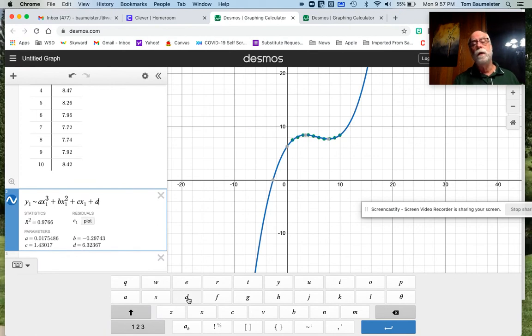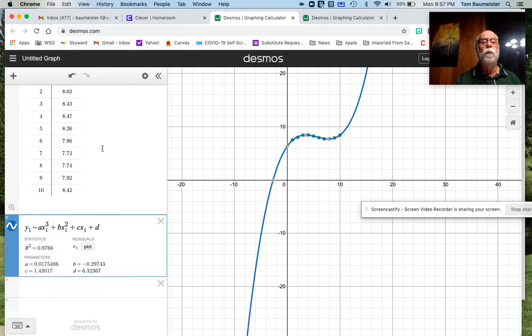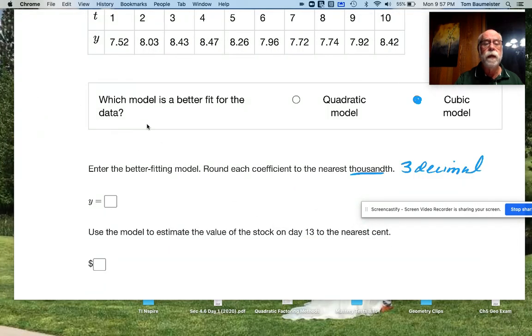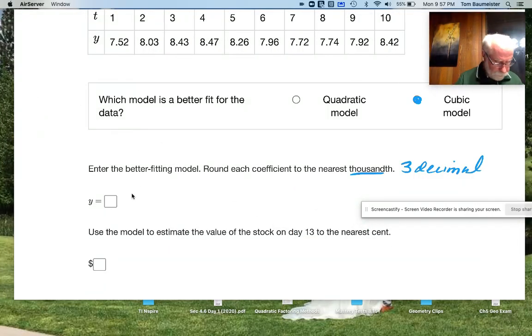So if you notice there, it looks pretty nice. And remember, the R squared has to be close to like 1. So that one looks pretty good. So again, it said to the nearest thousandth. So that would be the third decimal place there, ladies and gentlemen. All right. So let's go back to this. And when I do that, again, if I follow what I said to the nearest thousandth, that would be